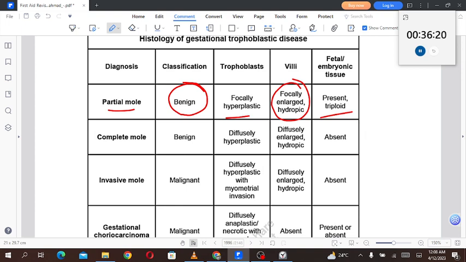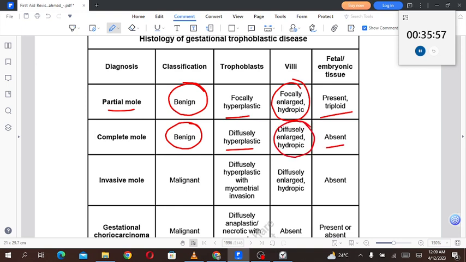Complete mole, it is also a benign condition. Benign not in the sense that it is not dangerous, benign in the sense that it is not malignant or it is not metastatic. So it does not have a metastatic potential, that is why it is considered benign, or it is called benign over here. Trophoblast, they will be diffusely hyperplastic, villi will be diffusely enlarged and hydropic, and fetal and embryonic tissue